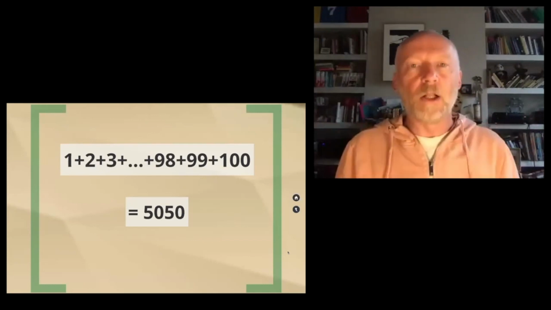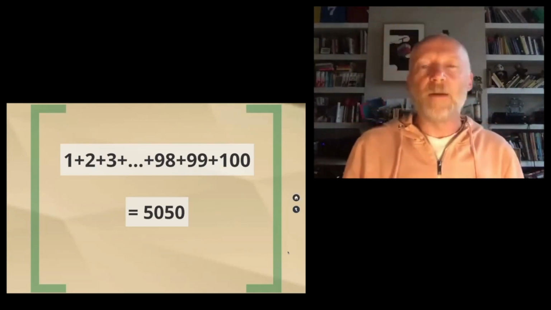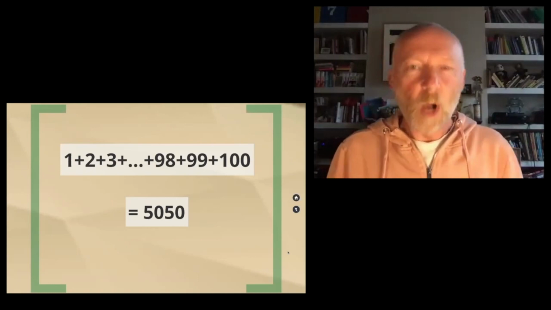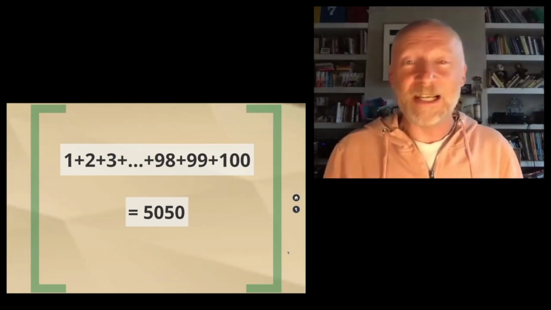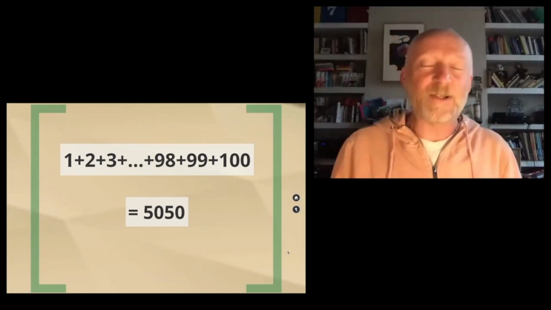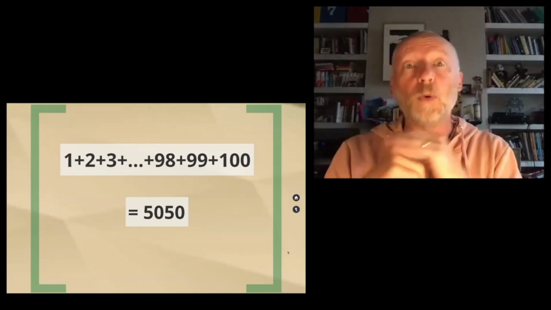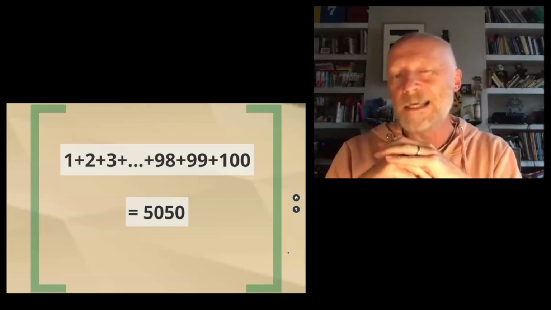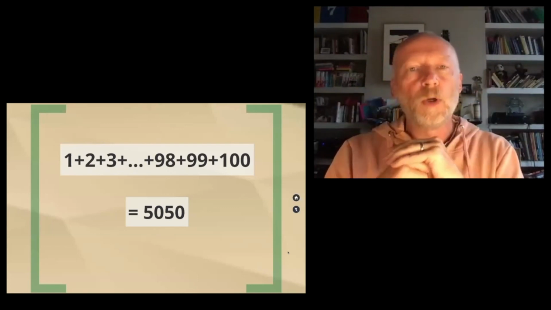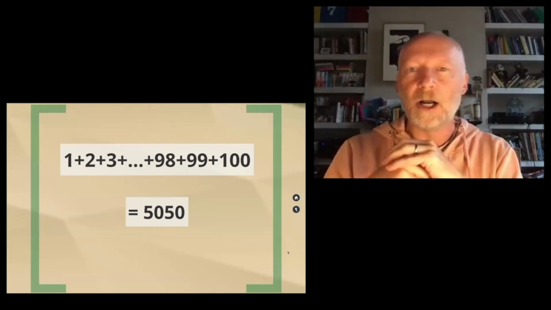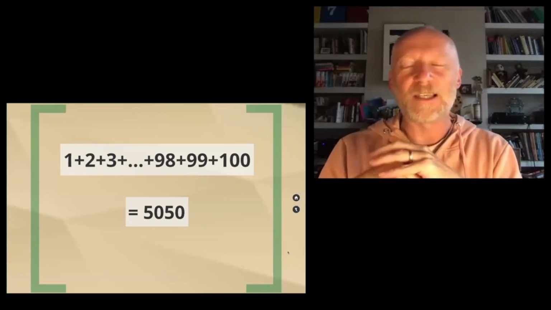So what Gauss saw was that in taking the pairs of numbers from the end and going through to the middle, you have 50 pairs of numbers adding up to 101. So the answer was clearly 50 times 101, 5,050. And that's the reason that Gauss was able to write down the answer so quickly. He found this clever way of looking at the problem, which just shortcut any of the hard work that his teacher was expecting him to do.